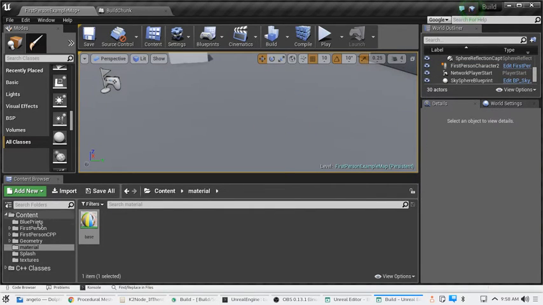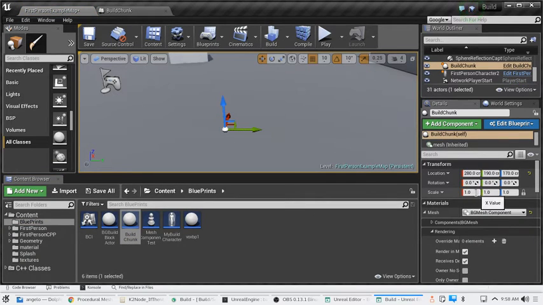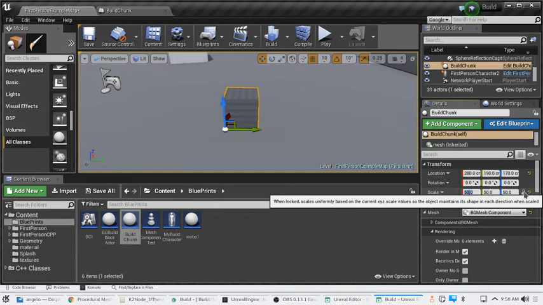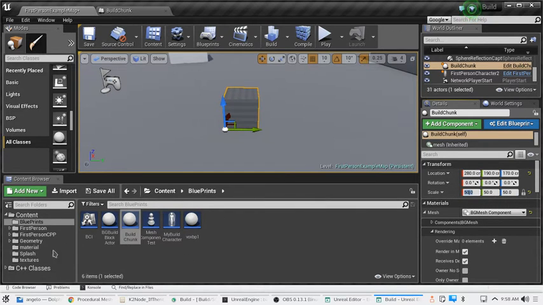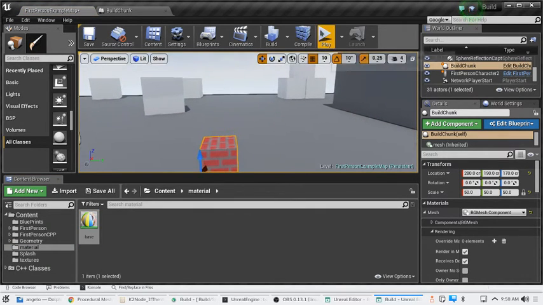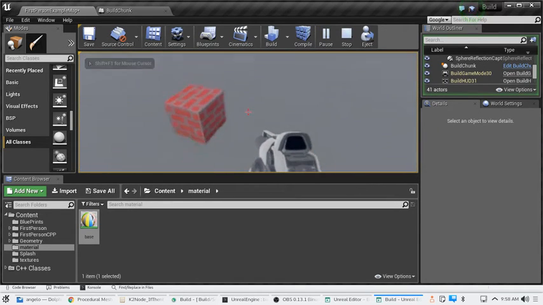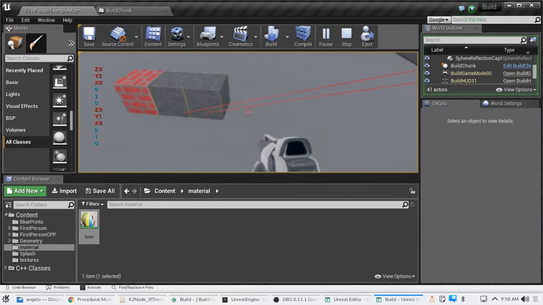Let's see here, blueprints. If you look right there, scale is 1, we'll scale it up to 50, and we will make it all uniform. Go ahead and put my material on here, and then when we play, that's loud. As you can see, when I click to where I want it,